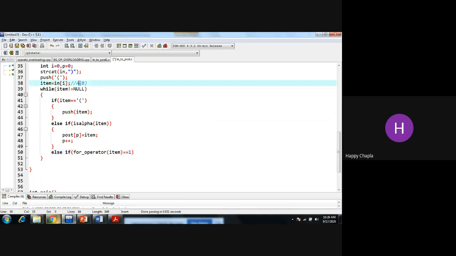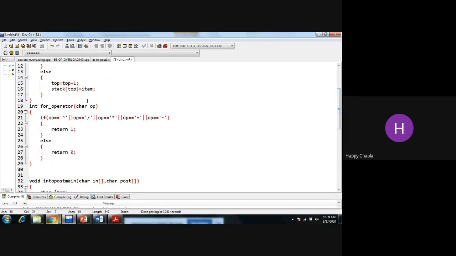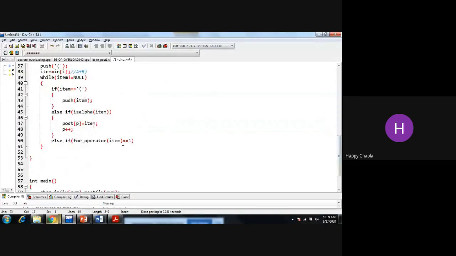I am concerned with this plus. The value of plus I am passing over here, so plus will come inside this. Now check: plus is equal to power, no; equal to divide, no; star, no; equal to plus, yes, so it will return 1. I am checking over here if that is 1: is 1 equal to 1, yes.